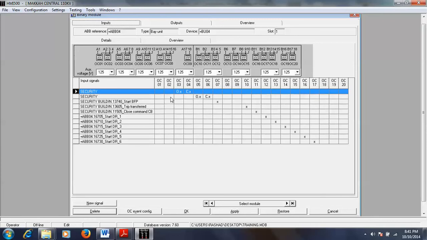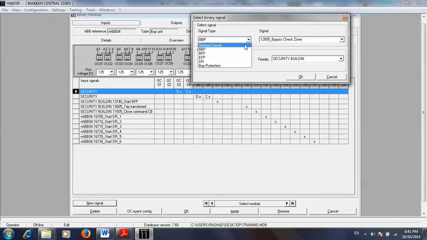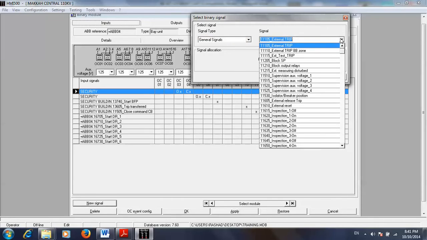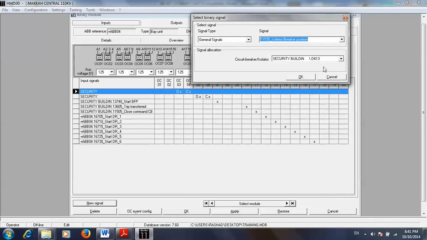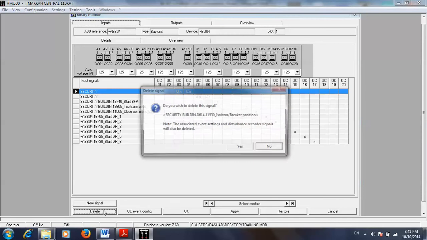What's this binary input? This binary input is for the disconnector, the bus disconnector and circuit breaker status. So we removed one of them. So we'll press new signal here and we'll choose general signal. We'll find here isolator or breaker position. Then we'll find here only one option available because the other 2 options are used here, the other bus disconnector and the circuit breaker. But if all of them are not available, for example this one, also delete this signal,